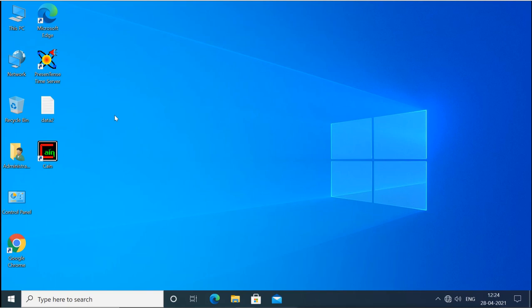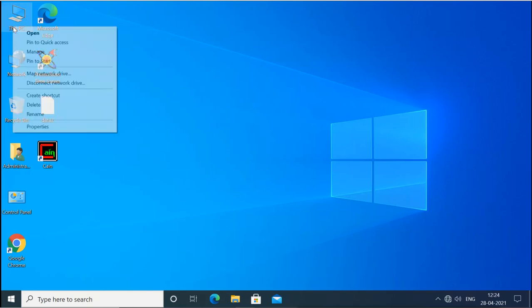After creating the restore point, I will remove this software, and I will install one more software. So we can see what happens when we restore the system. So we have these two softwares, and we are going to take the restore point first.